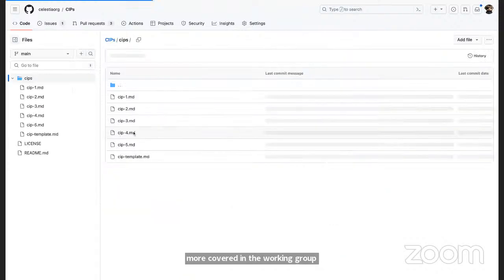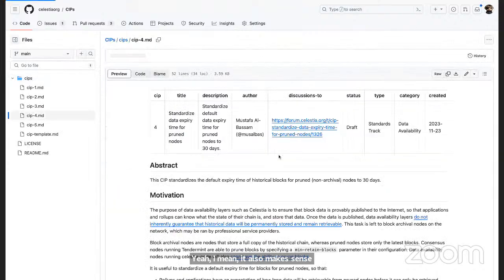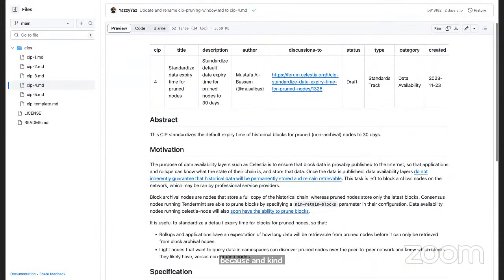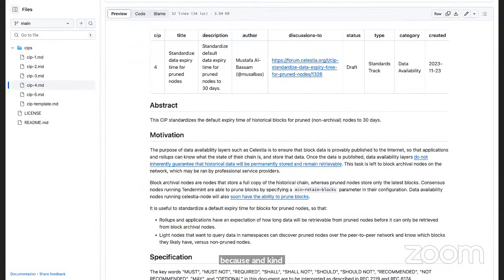Yeah, I mean, it also makes sense to cover it here briefly because it has potential applications on the core network as well. But the general idea here is that right now, Celestia node does not prune historical blocks, and the Tendermint nodes in the consensus network have a pruning flag for minimum retained blocks, but there's no recommendation about what it should be.